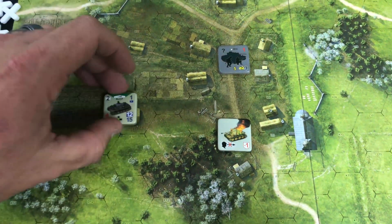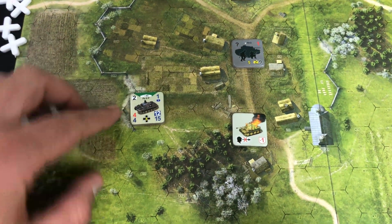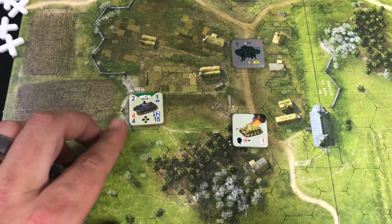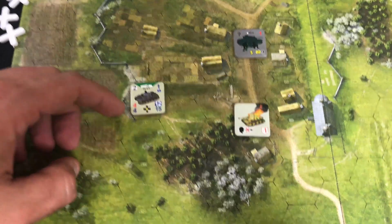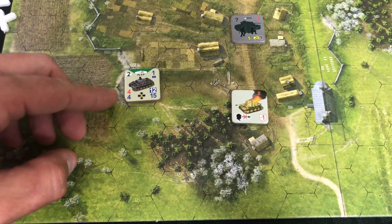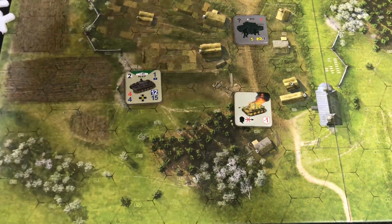They can't move an extra hex into a building, but they do have the chance for extra movement. Bottom left of the counter, these are your firing numbers, okay? Red is for soft targets, infantry, and then blue is for vehicles, okay? So what you're going to do is, depending on what type of unit you're firing at, so let's say we